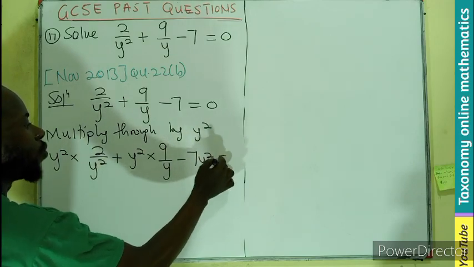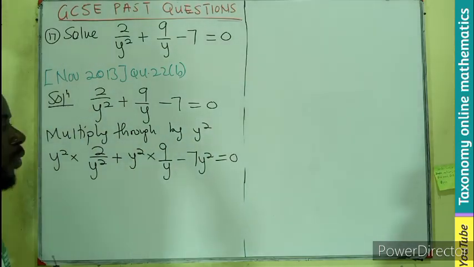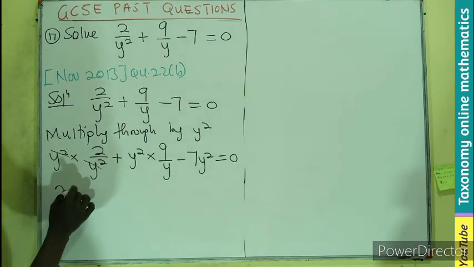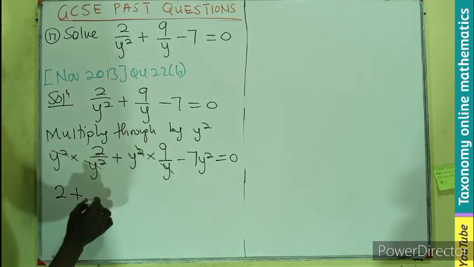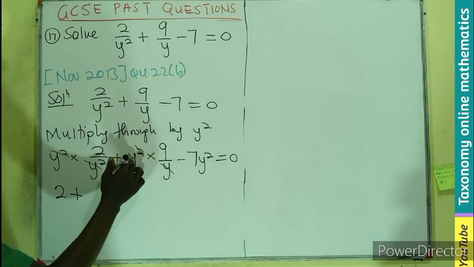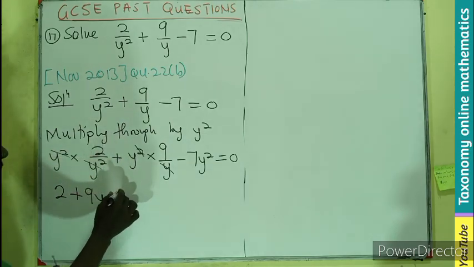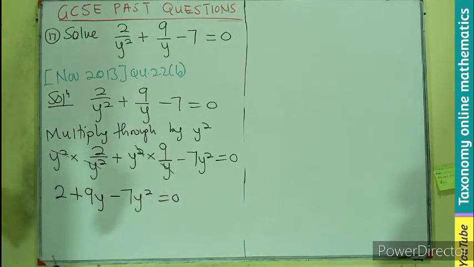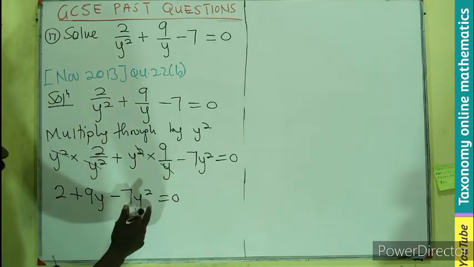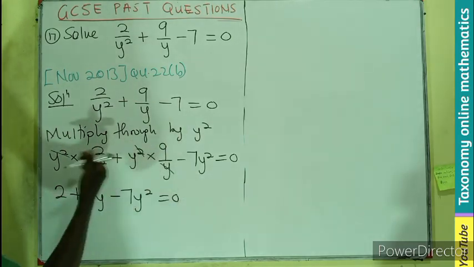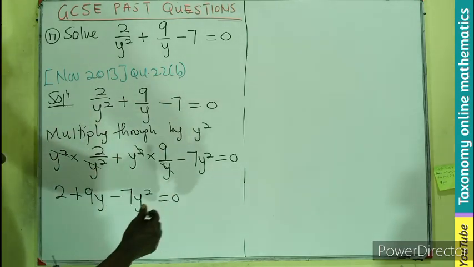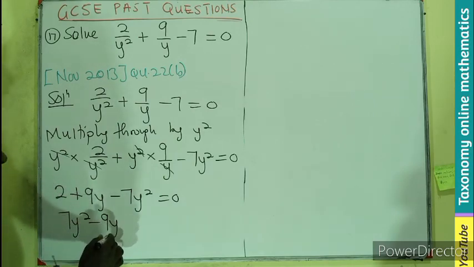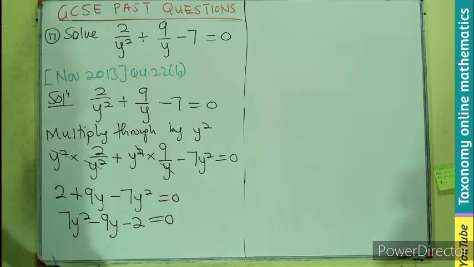times y squared equals 0 times y squared, which will still be 0. We know that y squared will cancel y squared, leaving 2, plus y squared times 9 on y, which leaves 9y, minus 7y squared equals 0. But we can transpose all these terms to the right, bringing the 0 here. Meaning if all these terms cross, it will give you positive 7y squared, negative 9y, and negative 2 equals to